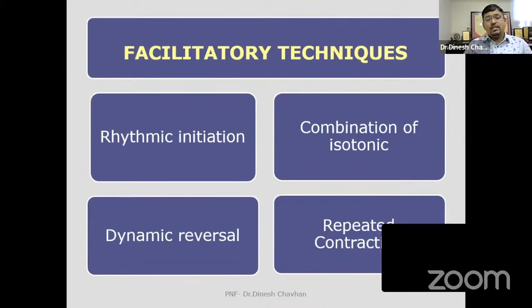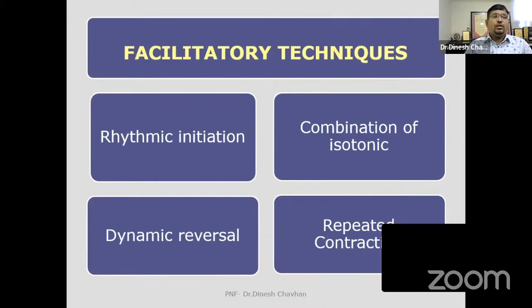When the same muscle works eccentrically, concentrically, and with static contraction, we call it